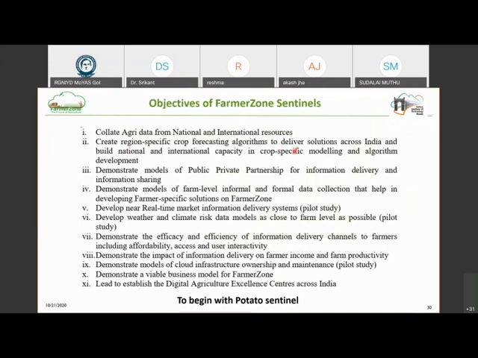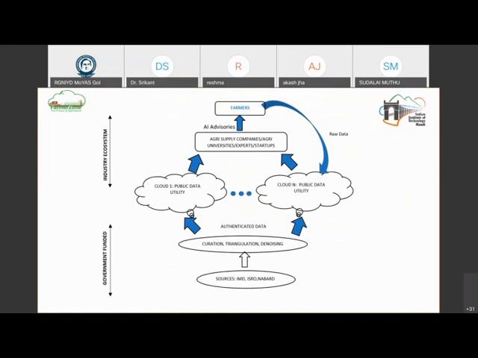This is a big thing for us. Develop models of public-private partnership. The reason for that is some system that we are developing like this will not perpetually be funded by the government. So the government gives us money, say 10 crores initially. We have to make it self-sustaining after that. The government is not going to keep funding us perpetually. So what will happen is we have to somehow bring the customers into it. We have to bring the agri ecosystem into it, the various supply chain people, and deliver value to all of them as well, so that they are the people who can then take over the system, and it continues in a self-sustaining way.